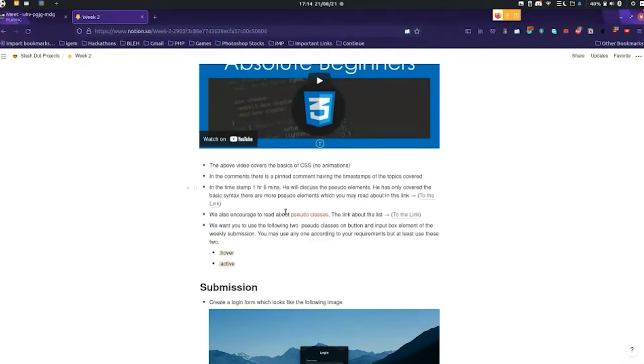Yeah, in the video he also covers something known as pseudo elements and pseudo classes. Now he has only given an example of one pseudo element and one pseudo class, but the ones we will be using here, which I would recommend you checking out, are these two, hover and active.